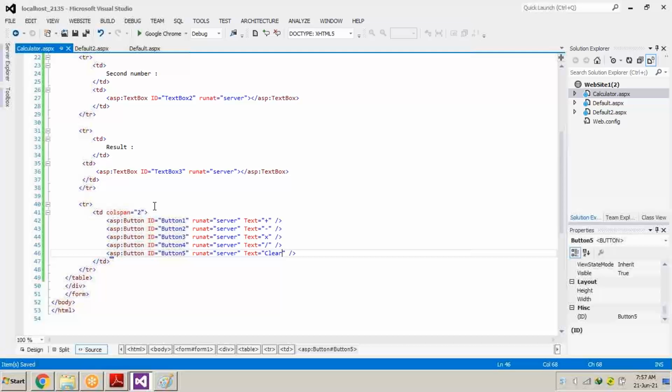We will again give a space and write align equals to center. The colspan makes that particular TD equivalent to 2 TDs because all the above TRs have 2 TDs. And the second, align center, is for making all the controls inside this TD fit in the center.